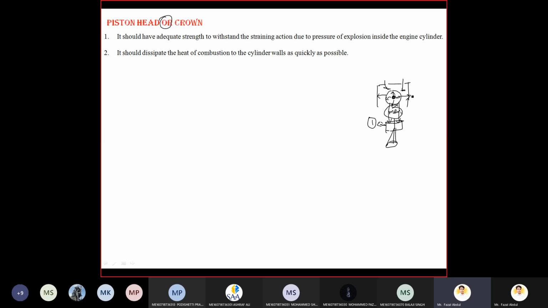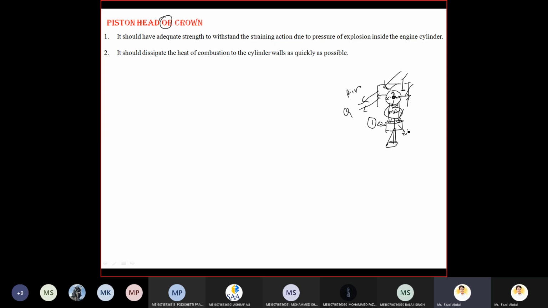Now see what happened. Because the cylinder is exposed to the atmosphere, the air is going to take away the heat from the cylinder. Whatever heat is generated at the cylinder is taken away by the air. But inside the cylinder, this is totally sealed. There is not even air in contact with the piston here. So how is the heat going to dissipate to the surroundings?